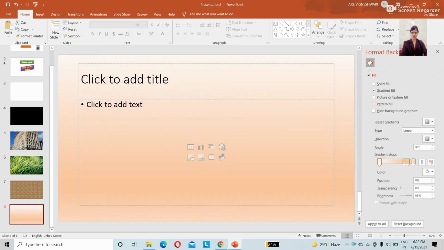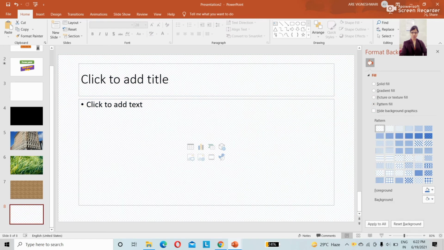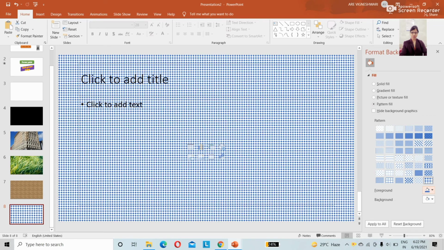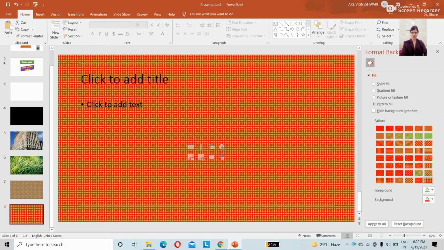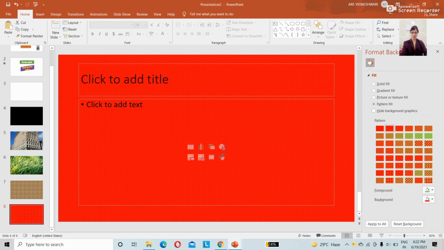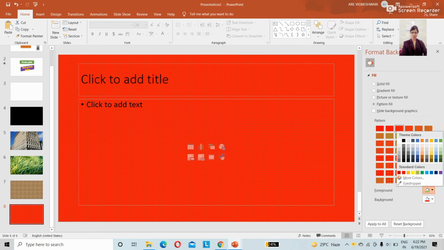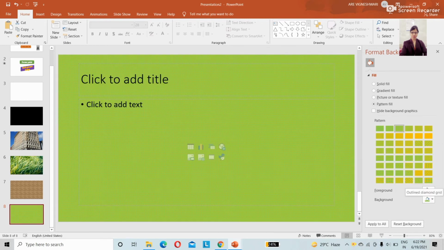Now pattern fill, we'll see the pattern fill. Already a few patterns are available here. You can select the pattern and you can change the color also. You can change the different colors. See the patterns.